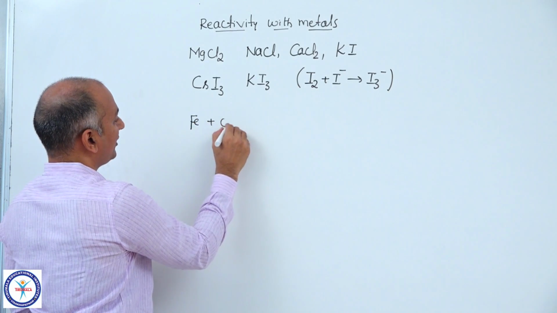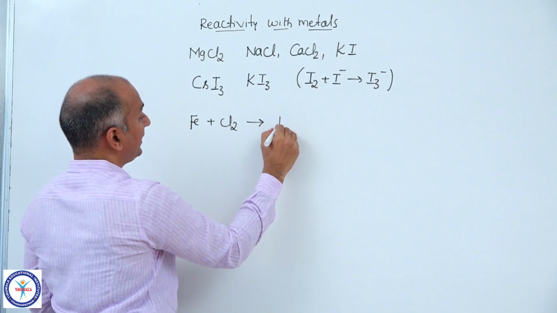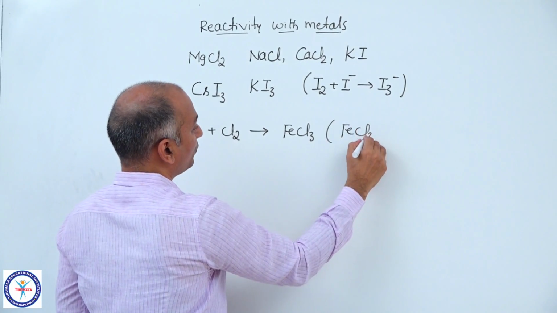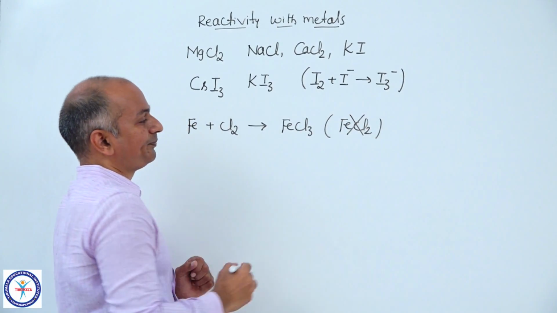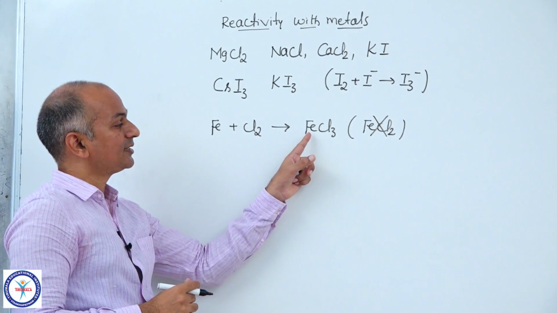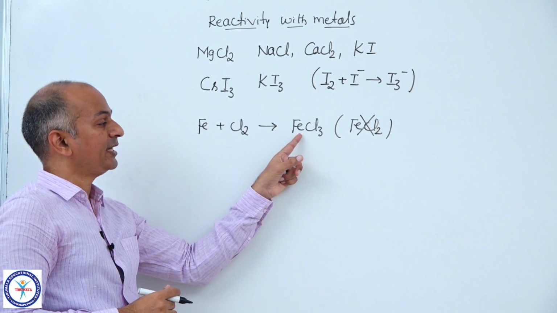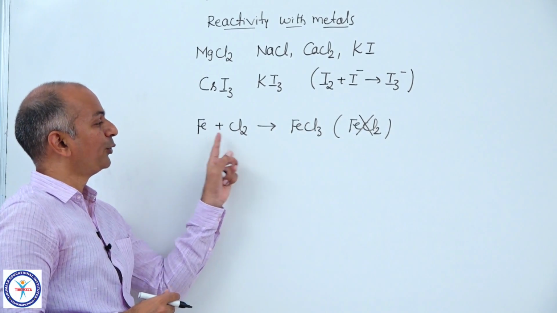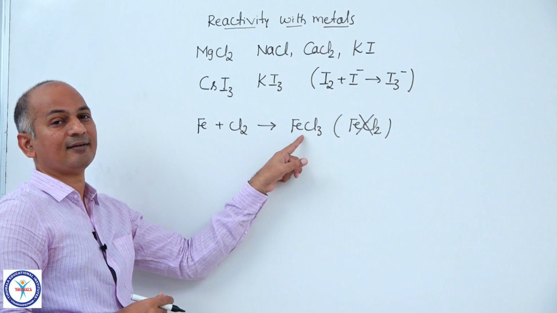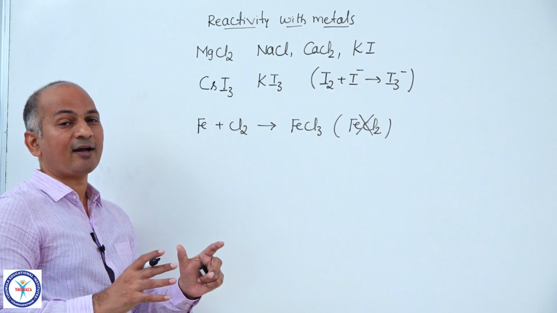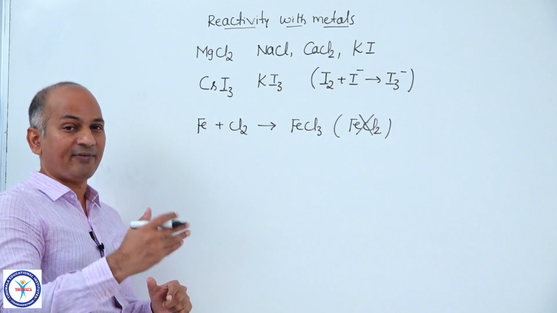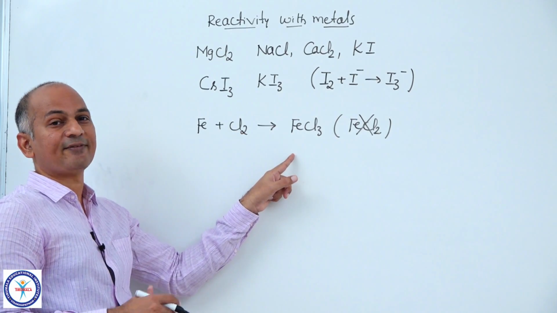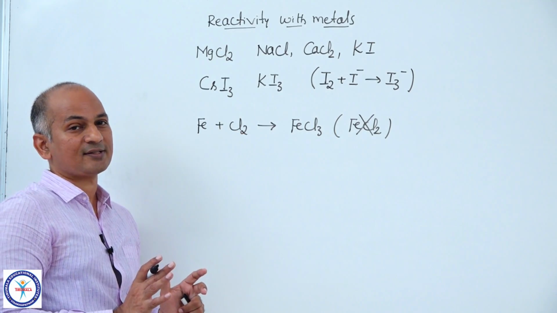iron reacts with Cl2 to give FeCl3, and all please remember, not FeCl2. Iron exhibits two different oxidation states. One is +2, another one is +3. And when you treat iron with chlorine, you will directly get FeCl3, because Cl2 can oxidize Fe+2. If at all there is any ferrous compound formed, the chlorine present there further oxidizes ferrous to ferric. So ultimately you will get ferric only, not ferrous.